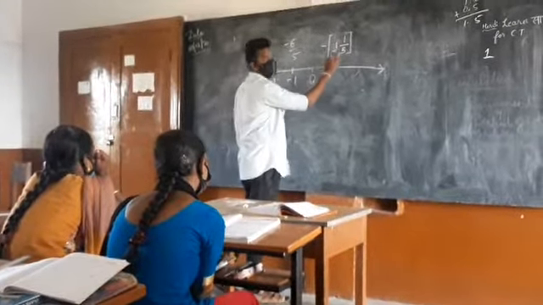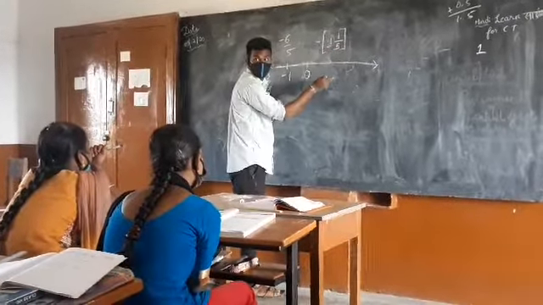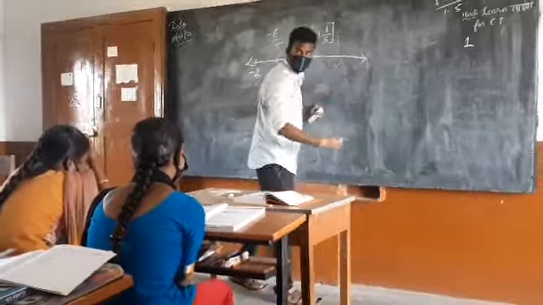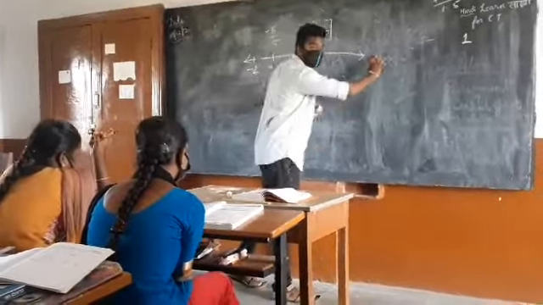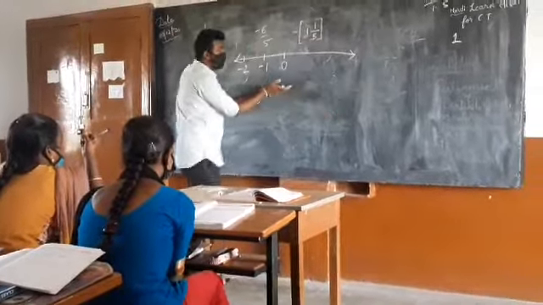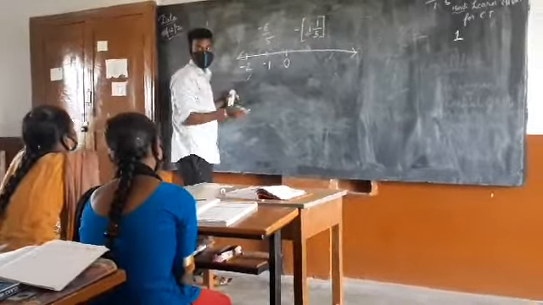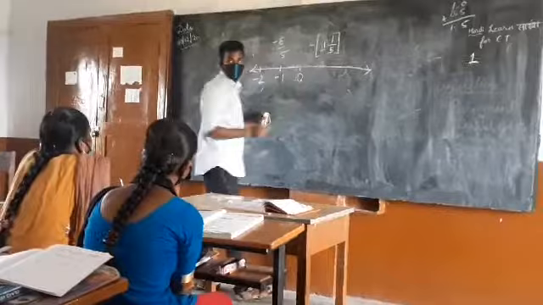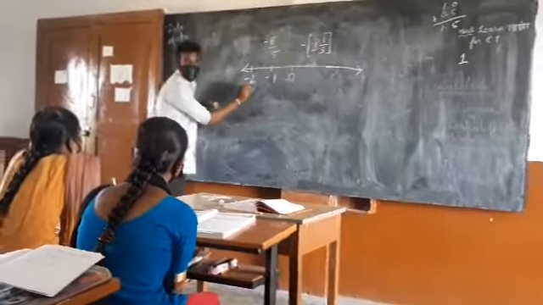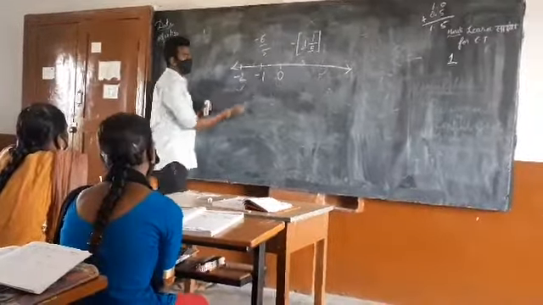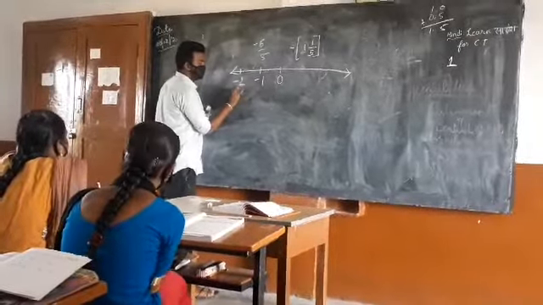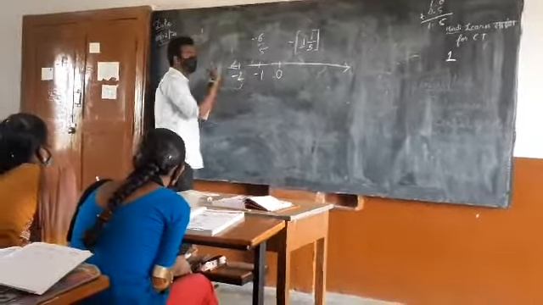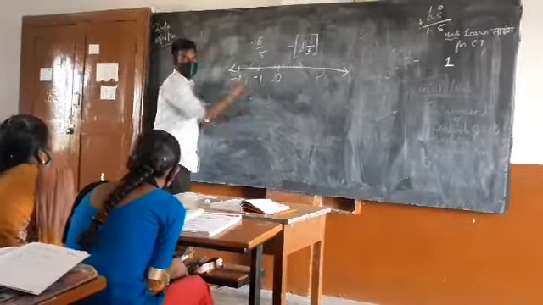Look at this. Previously we were going right, so we plotted that in the positive way. Now we are going more to the left, as minus means. So it is lesser than minus 1 and a little bigger than minus 2. Understood? So is it greater than minus 1? No, lesser than minus 1, greater than minus 2. Very good. So in between this, it lies.